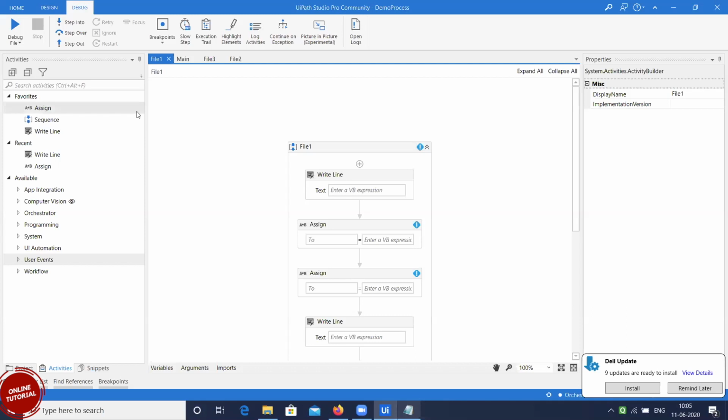Okay. So next we have debug. In the debug, whenever we are deploying the code, we get some issue in production and we want to solve it, then we have to do the debug. Like every other technology, we also have a debug option here. So we'll come to all this later. This debug, breakpoint, everything, execution trails, slow step, everything. When we do this, it will be a separate topic. The debugging itself is a separate topic. So we'll come to that separately.